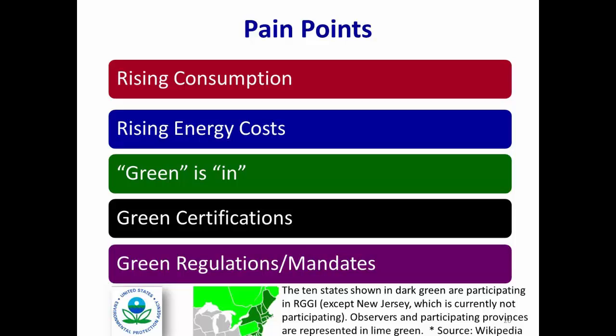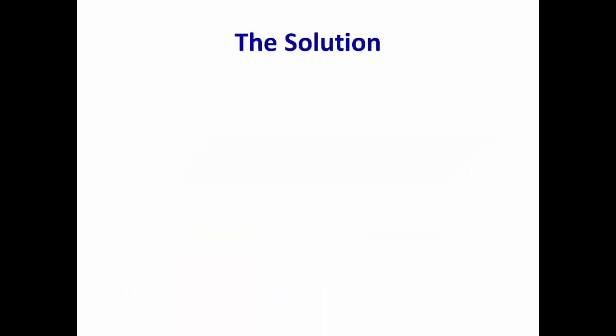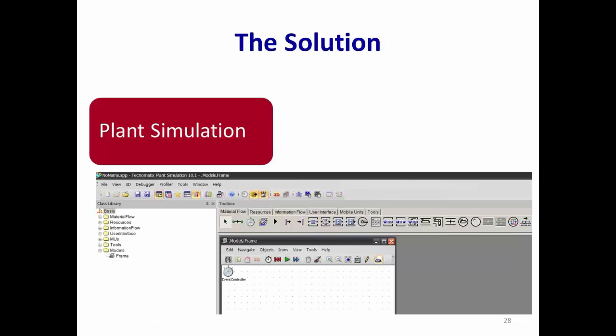The solution to these problems has 2 ingredients. First, dynamic simulation modeling of systems using a tool such as Siemens Tecnomatix Plant Simulation Software provides a powerful virtual environment to test and improve a system's design and operations to address traditional optimization issues such as maximizing throughput, minimizing inventory and buffers, and minimizing labor. Among the numerous simulation products that I've used, Plant Simulation also happens to be my favorite personal tool due to